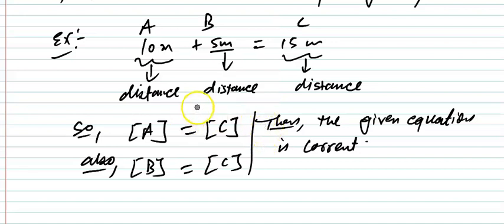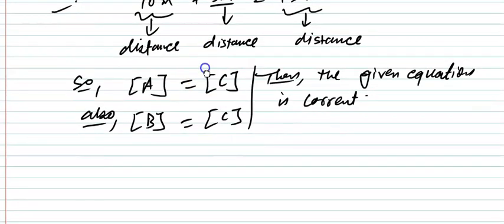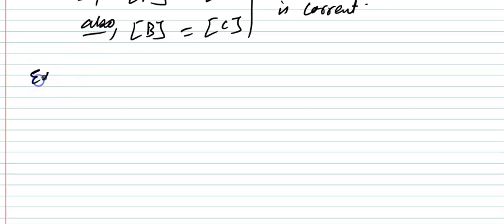What does that mean? It means that physical quantities that are added or subtracted should have the same dimension, the same physical quantity. That means distance must be added or subtracted with distance only. You cannot add or subtract it with speed, or with energy. Let us take one more example, for an incorrect equation. If we take a 10 meter distance plus 5 kg, this is actually undefined. We do not know what this is.